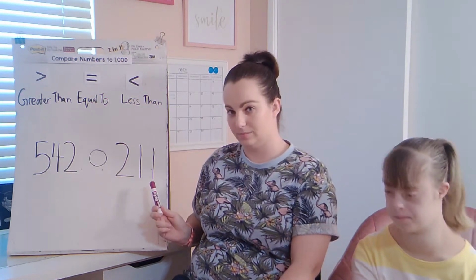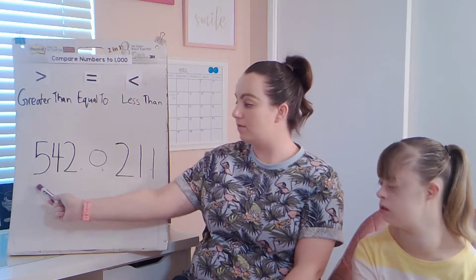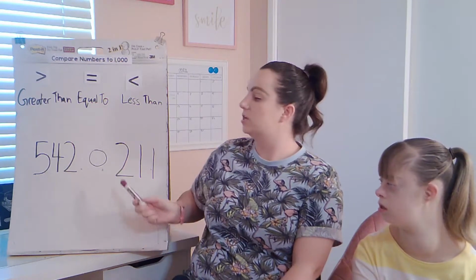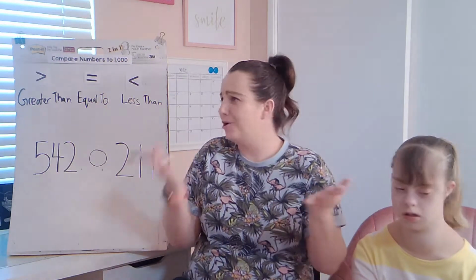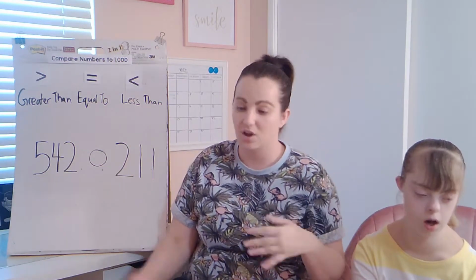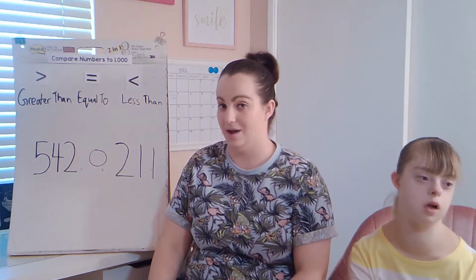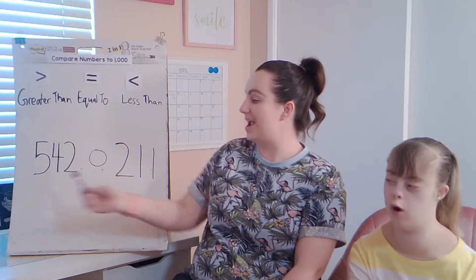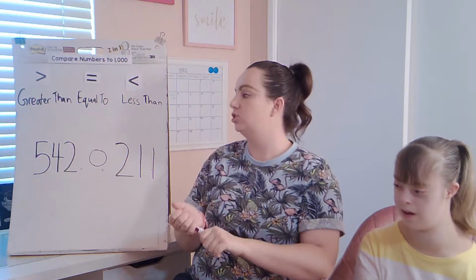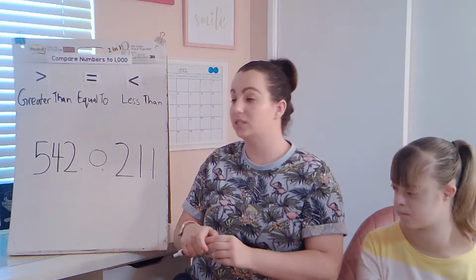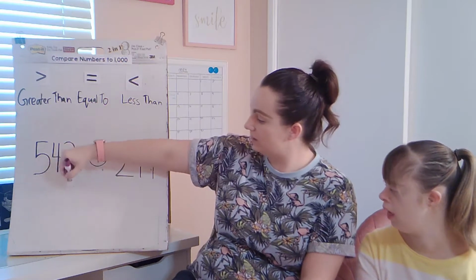211. So we're comparing 542 to 211. Now you might be like, how do I know which sign to put in? Well, that we're going to find out next. To compare these numbers, we're going to line them up. Just like you've done with addition and subtraction, we're going to write the number